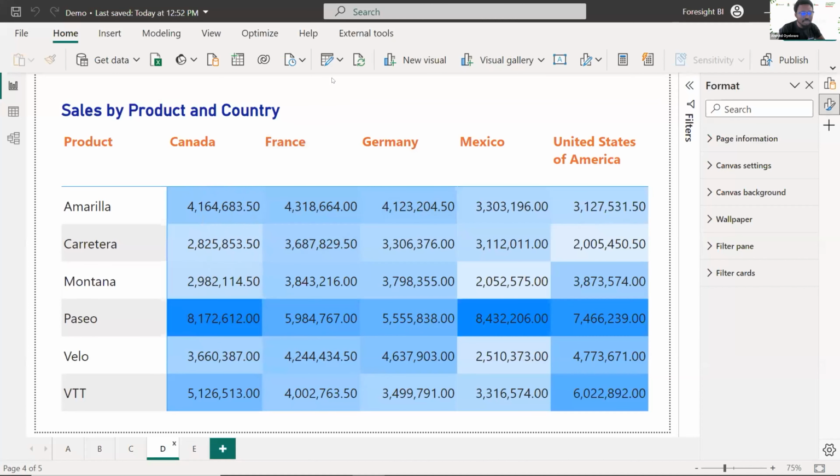But when you look at Germany and France, for example, you don't see different color grading; the colors are very close to one another. That tells you that each of these products are selling just close enough to one another, right? Unlike when you look at Canada and you see a very deep blue somewhere, that tells you that one product is selling excessively higher than all the other ones, okay?